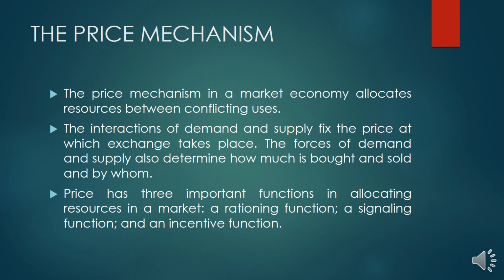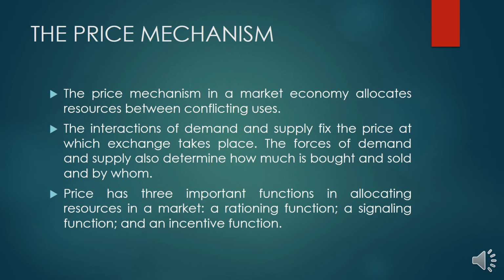So, good morning friends. We are coming back to the price mechanism. First, we have to define what we mean by price mechanism. The price mechanism in a market economy allocates resources between conflicting users. We already know that our economy's central problem is scarcity, isn't it? So resources will have alternative uses. So in a price mechanism, what we are doing is allocating resources among these conflicting